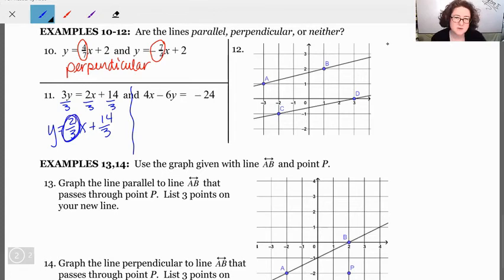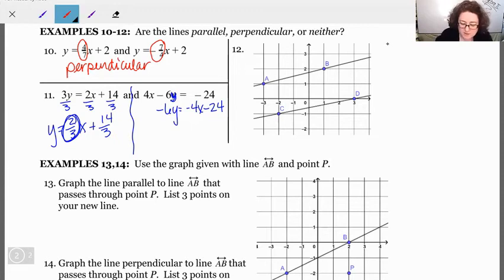So then let's do the similar thing with our second equation. We need to get the y by itself, which means we want to move everything else away from that. Let's subtract a 4x first from both sides. So -6y equals -4x minus 24. And I like to put the term in front because that most closely models that y equals mx plus b. And then we need to go through and actually divide every single term by that -6 to get that y